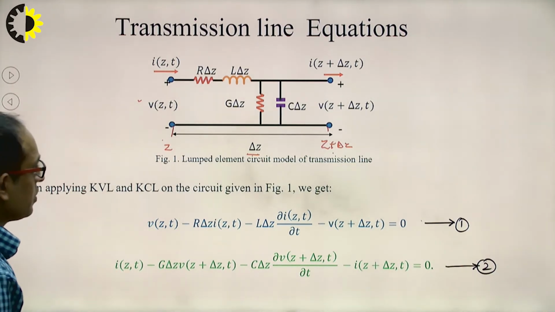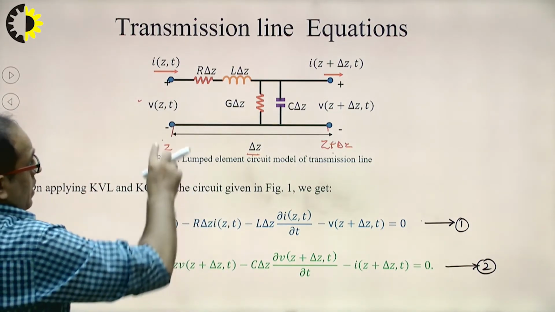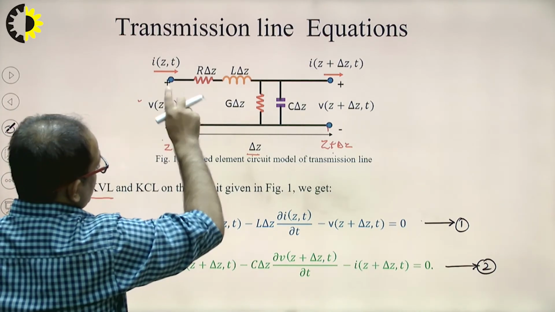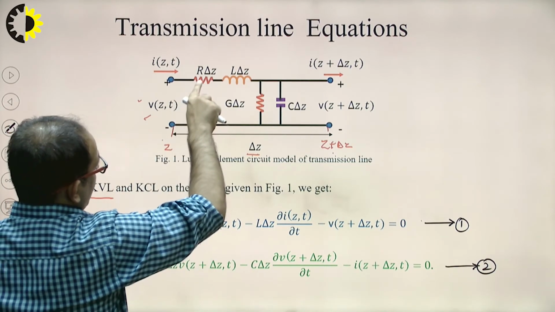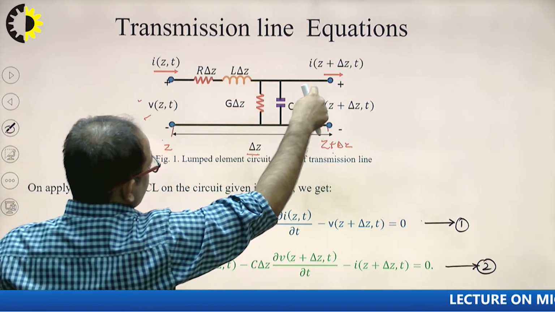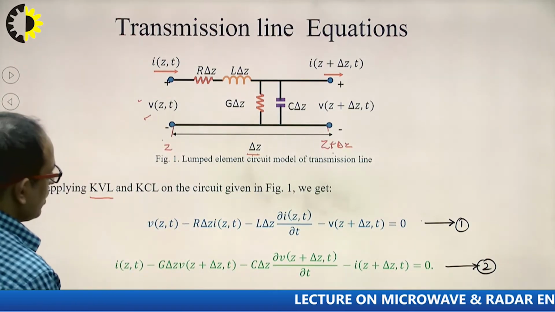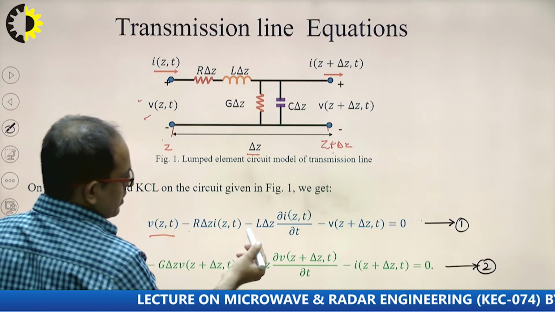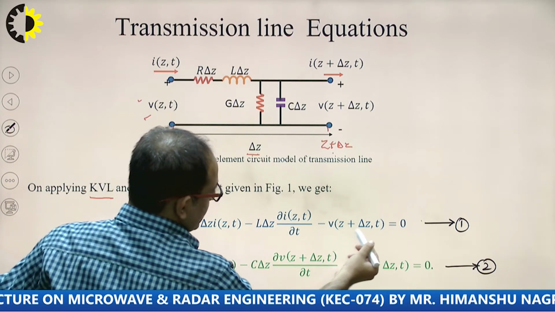transmission line equation. Now first apply the KVL rule. On applying the KVL rule, you will say that V of z comma t plus R into delta z plus L into delta z plus V of z plus delta z comma t will be equal to 0. So V of z comma t minus R into delta z I of z comma t minus L into delta z dI of z by dt minus V of z plus delta z comma t